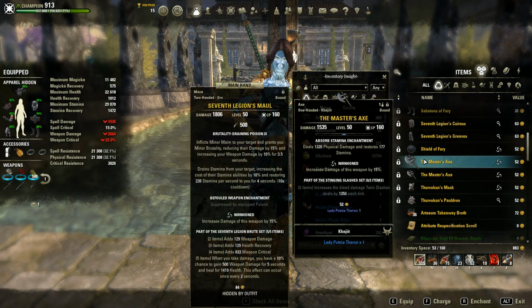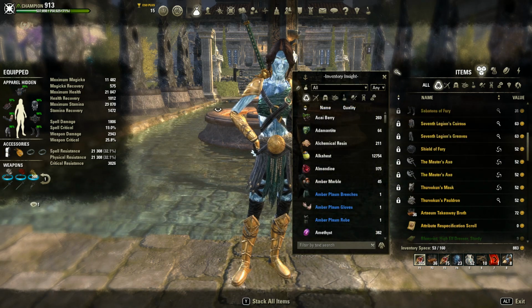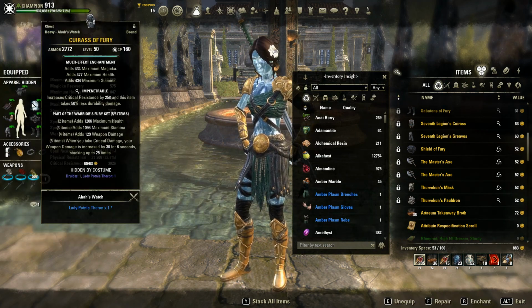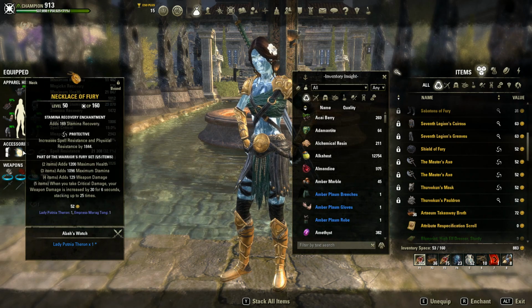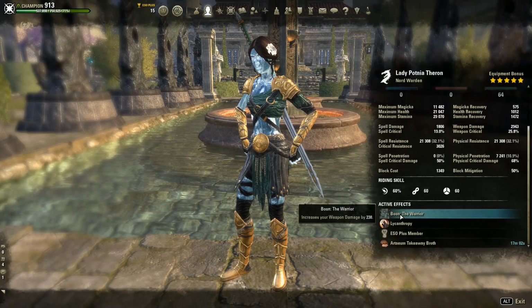Additionally, you can use Master Axes on the back bar for a bit more single target pressure, like in a duel scenario, etc. As traits we're using all impenetrable, and on the jewelry 2 infused weapon damage with a protective stamina recovery. As a mundus we are using the warrior,